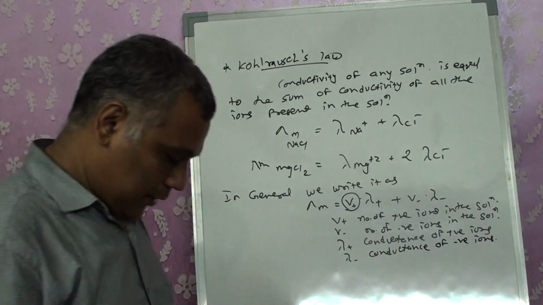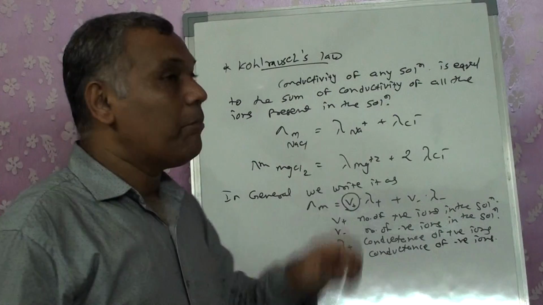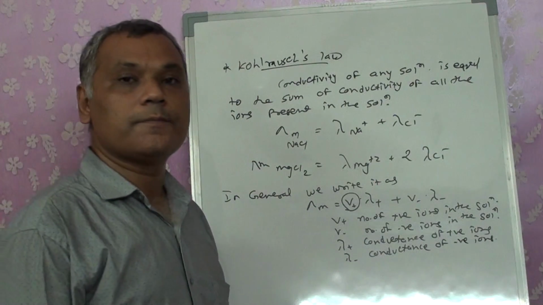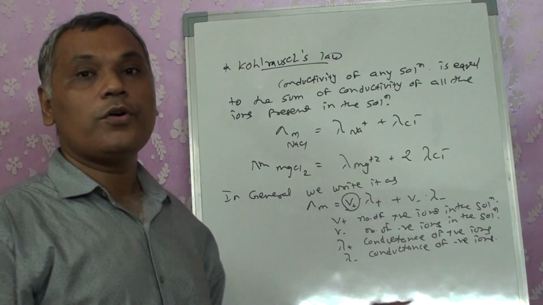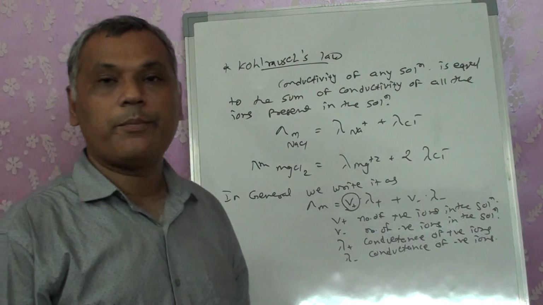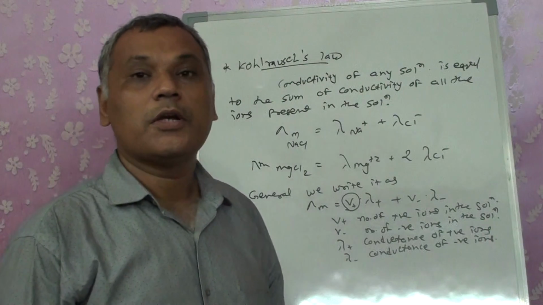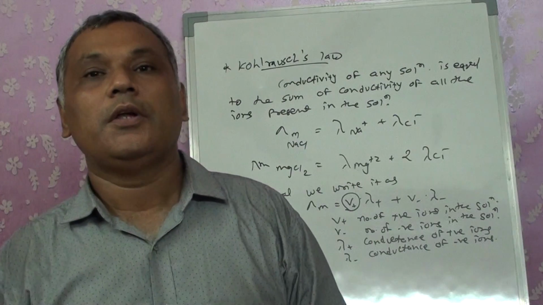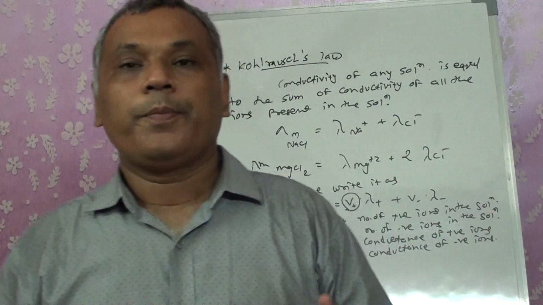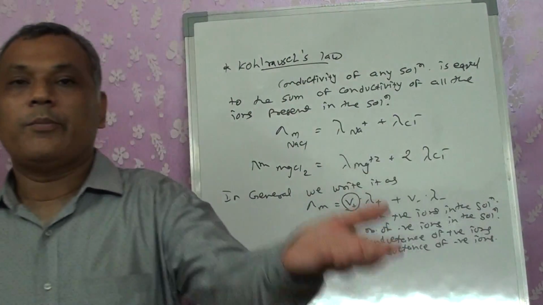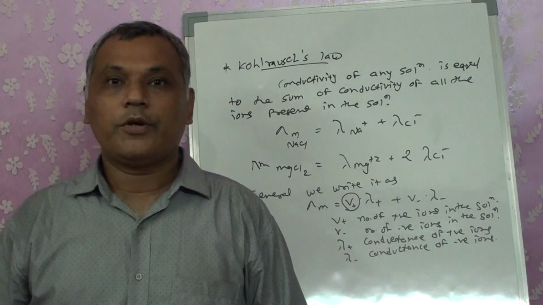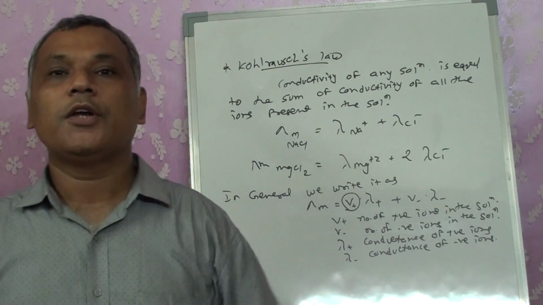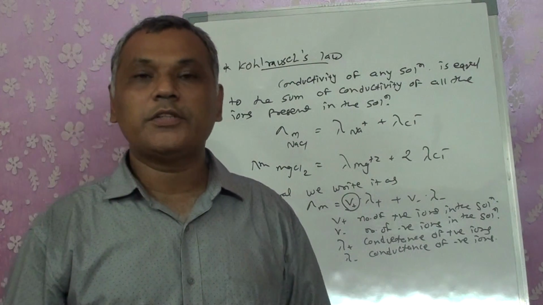So we get the conductivity to be calculated, but this formula is applicable only for strong electrolytes. You can apply it for strong electrolytes. It cannot be applied for weak electrolytes because a weak electrolyte does not produce all the ions in the solution. It establishes an equilibrium. If the solution is diluted, the number of ions increases, because the weak electrolyte that did not dissociate now dissociates, so the number of ions increases. So in the solution, the conductivity will change.